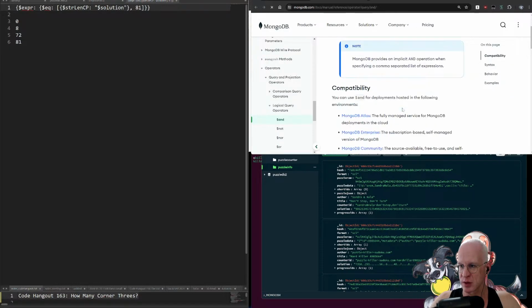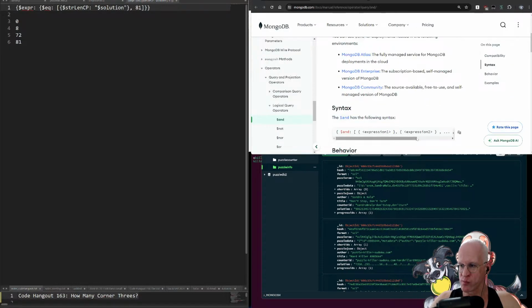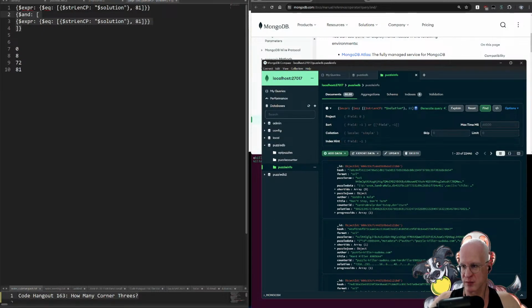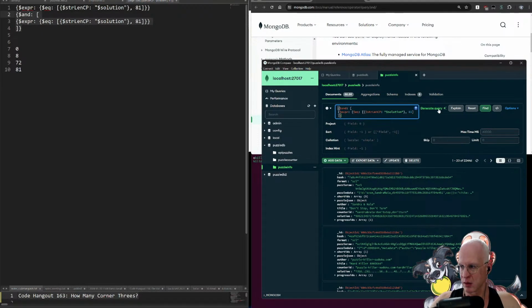Do I just use $and here? Cool. So I guess I'll just do $and, then an array where the first element is this. And that should be a straight up replacement for this query. Right? Yeah. And then the next one is